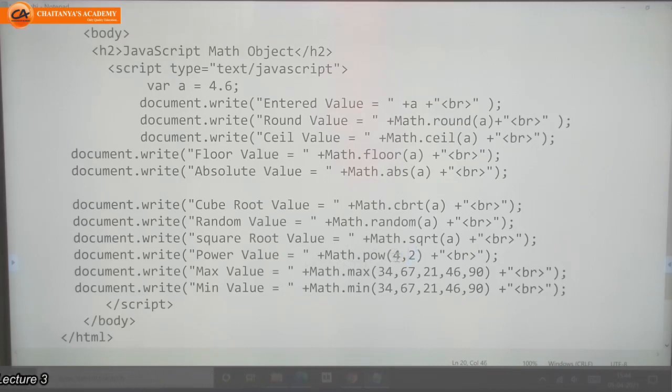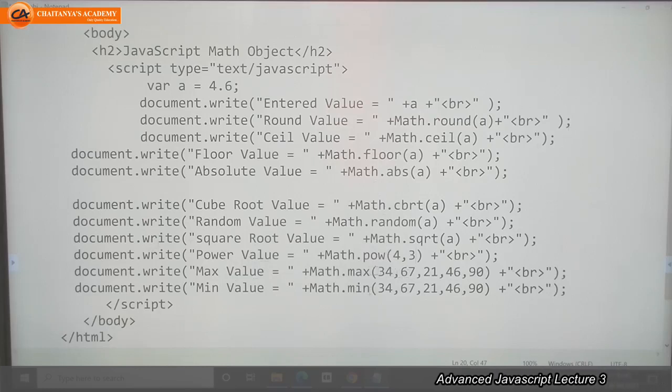Means if you pass here 4 and here 2, you will get multiplication of this 4 how many times? 2 times. If you pass here 3, then you will get the value as 4 multiplied by 4 3 times. Like that value, that is power value. Means 4 raised to 3.